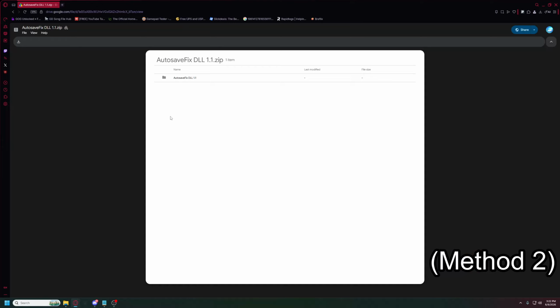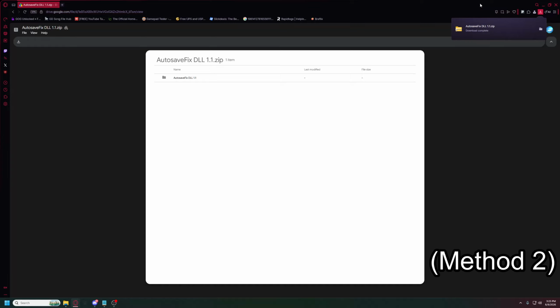Alright, this will be the second way on how to set up the AutosaveFix DLL for LEGO Star Wars. This one is Special K specific, and only works when you run the game through Special K, as it uses the configuration file that comes with Special K when you set that up. So the only thing you need for this is the 1.1.zip. You can use the 1.2 version of the AutosaveFix DLL if you want, but 1.1 I find slightly more reliable for the Special K version of the setup, so I'll just recommend you use this one in this case. We're just going to download that,